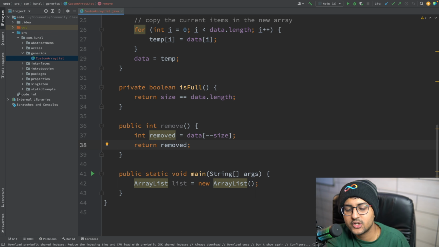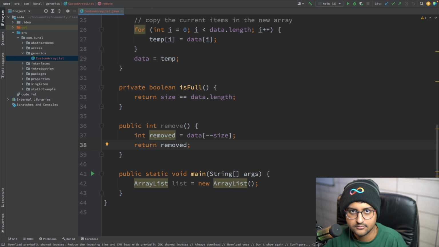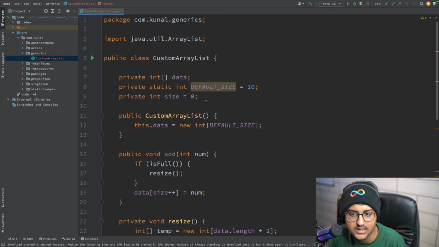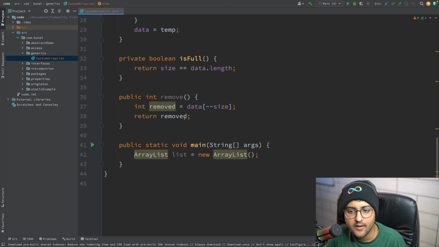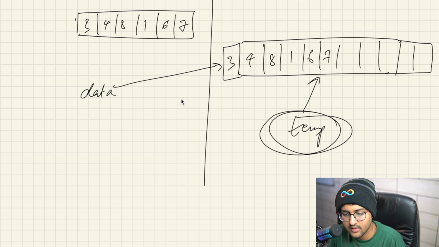So you can see I'm not actually deleting the data. I'm just saying reduce the size by 1. Size is also working as an index value. So when I remove an item, as you can see over here in my whiteboard, size minus minus, size will be over here.